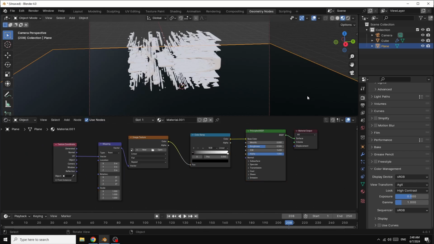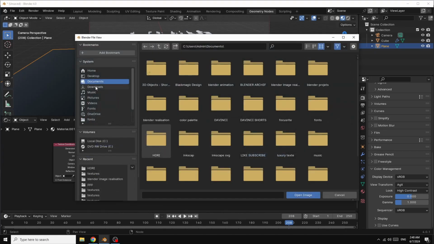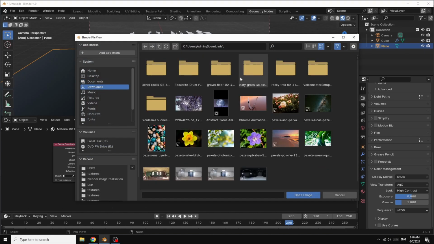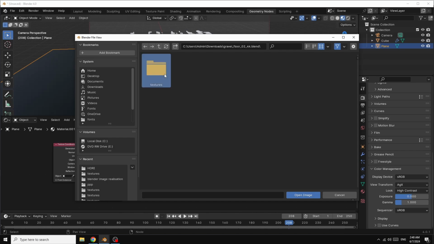Okay, now open here, and I select this texture.